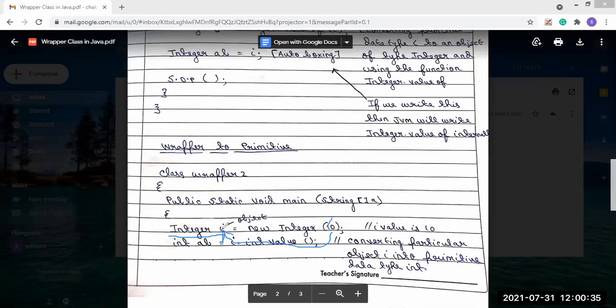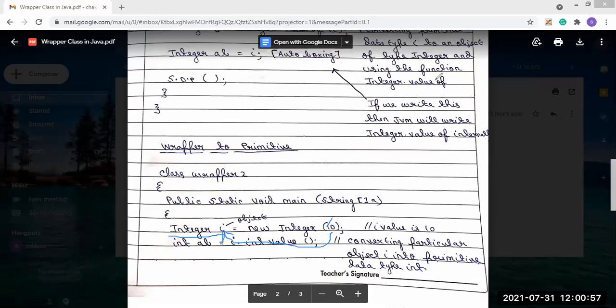The object of the Integer class is i. Whatever value we sent as a parameter is stored into the object, so the i value is now 10.